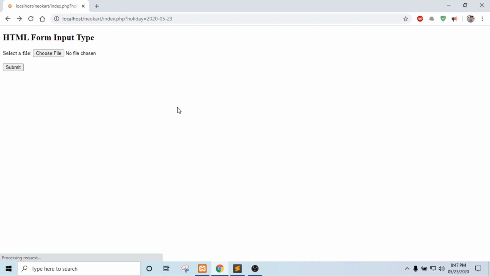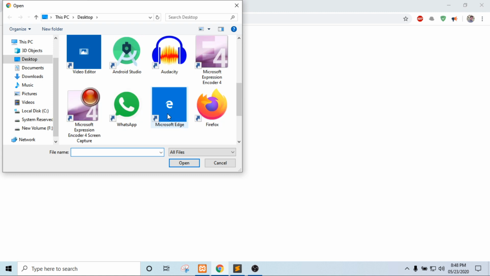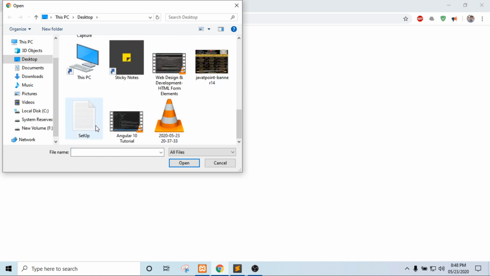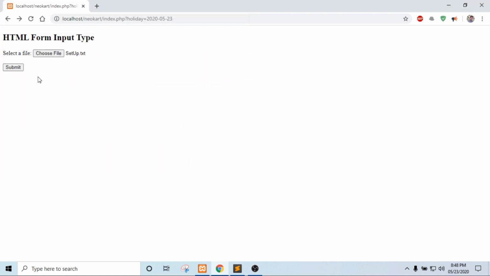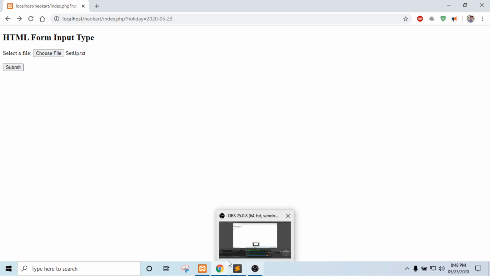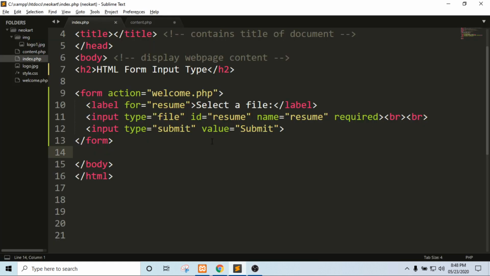You can see, to select a file you need to select any file. Now this is the thing. So basically it is used to upload any documents in the form.